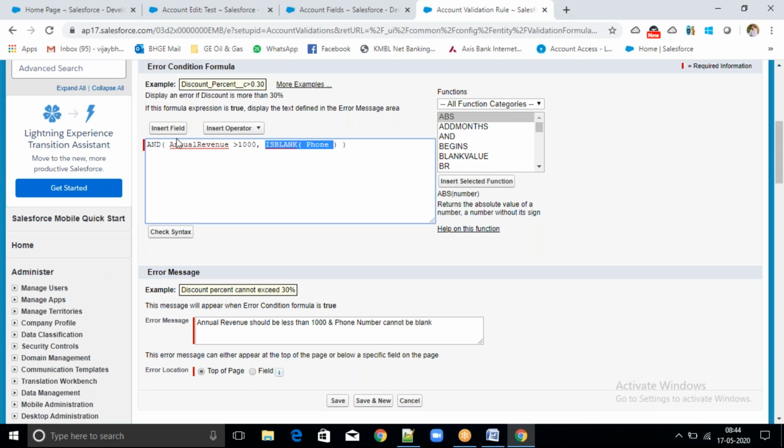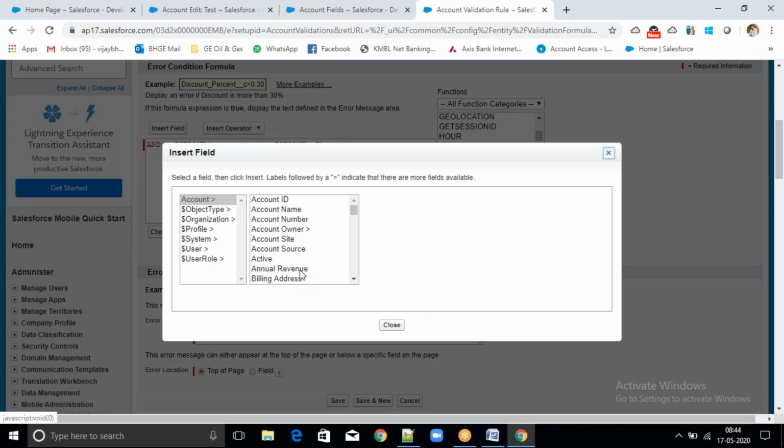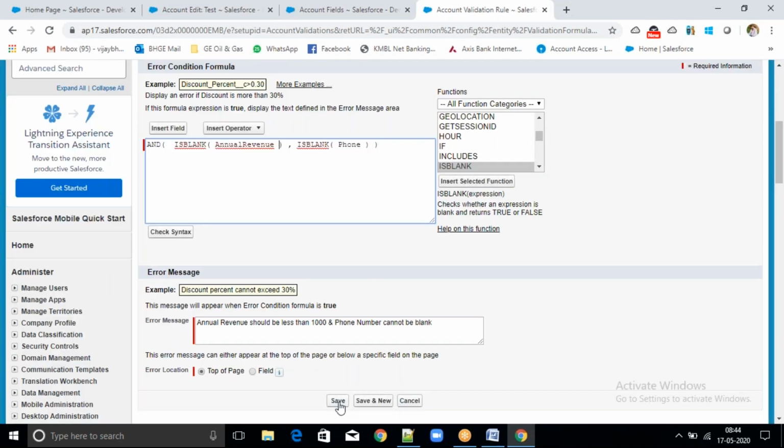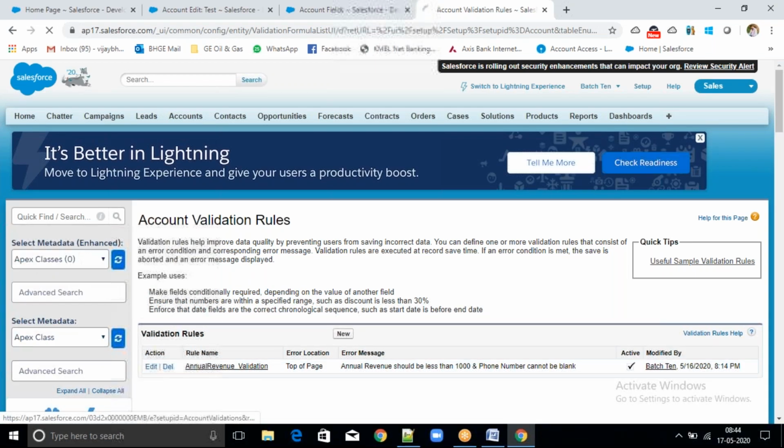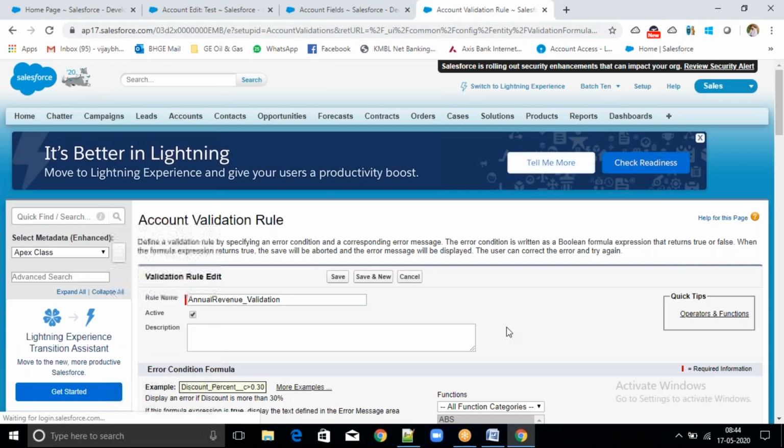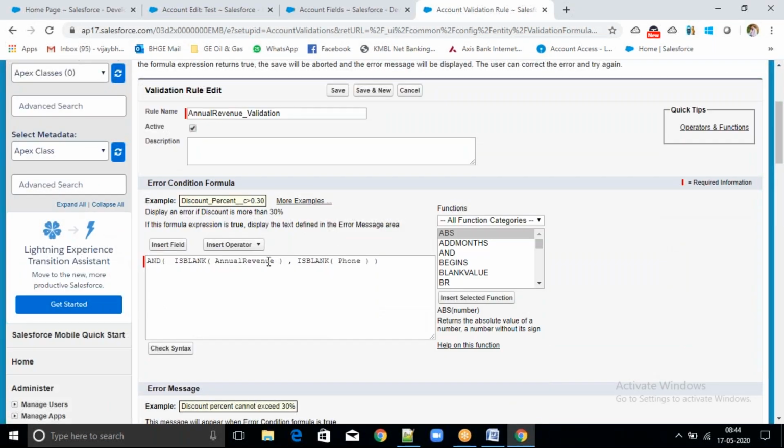Same. Otherwise, now I will make some changes. Now here I will check the same: IsBlank of annual revenue. Now we'll check what I wrote. If both the fields are blank, then it will throw an error, right?